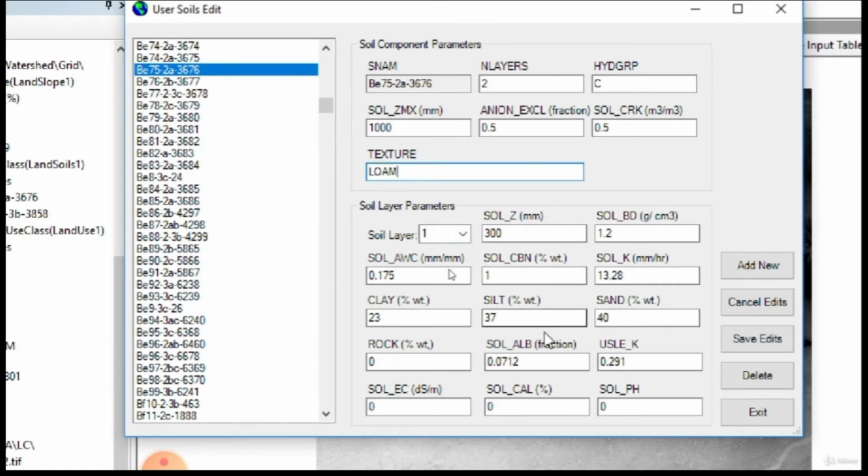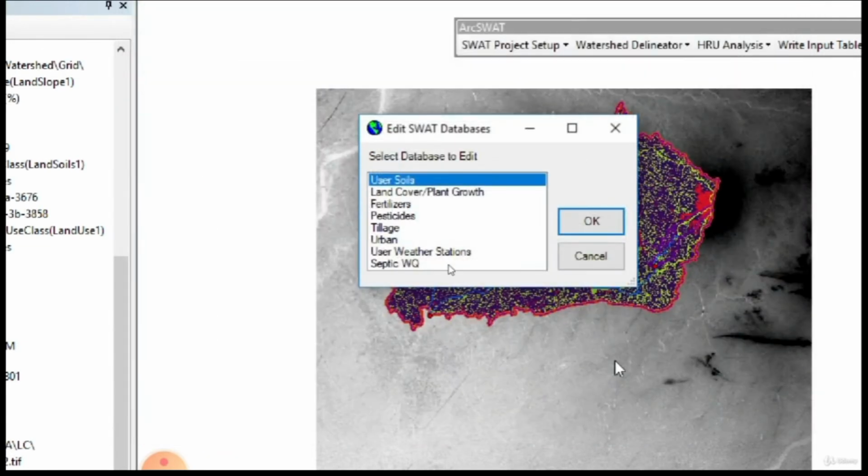It has a soil erodibility factor 0.291, like that. It has everything, whichever information you require. It is the layer 1 properties and these are the soil layer properties too. If you want to change some property of some specific soil, or if you create your own soil, then you can change its property in this window and click on OK. But we trust FAO. We do not change any property for a soil here.